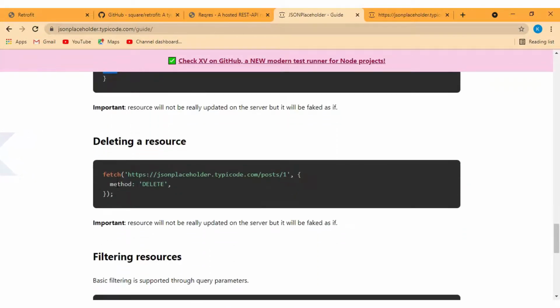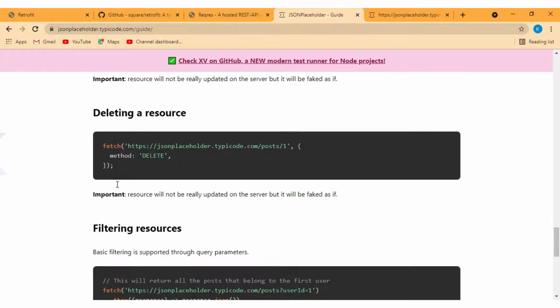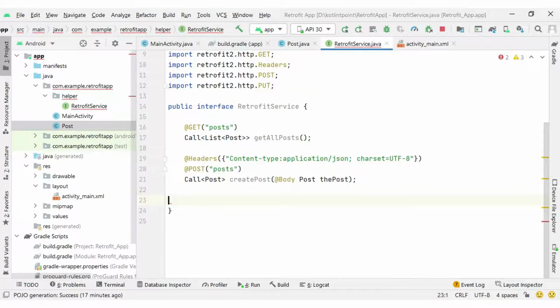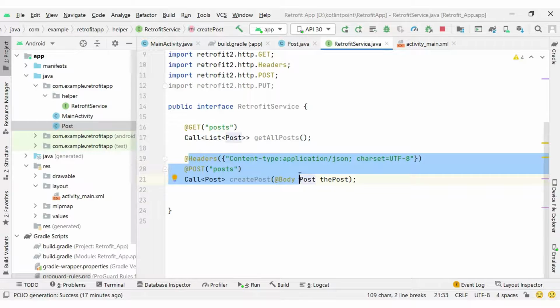Okay, so guys, for each and every method you need to create the endpoint in our interface, which we are creating here. Okay, and then we will continue our next code. So with this we end this video, and in the next video we'll continue with how we can use these methods for API calling in Retrofit.